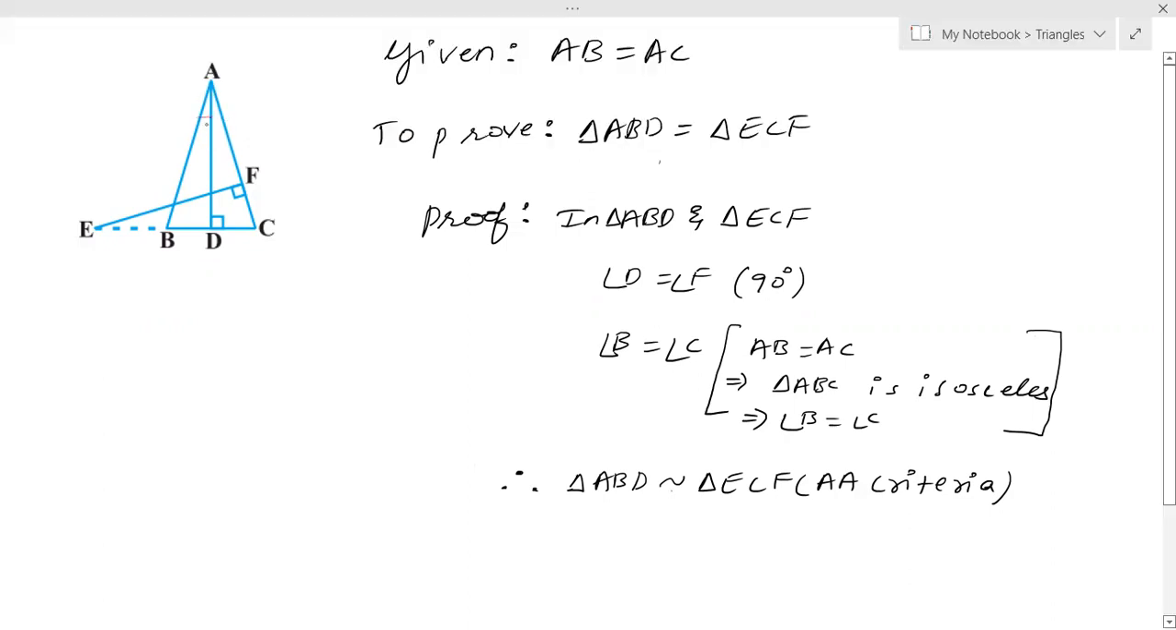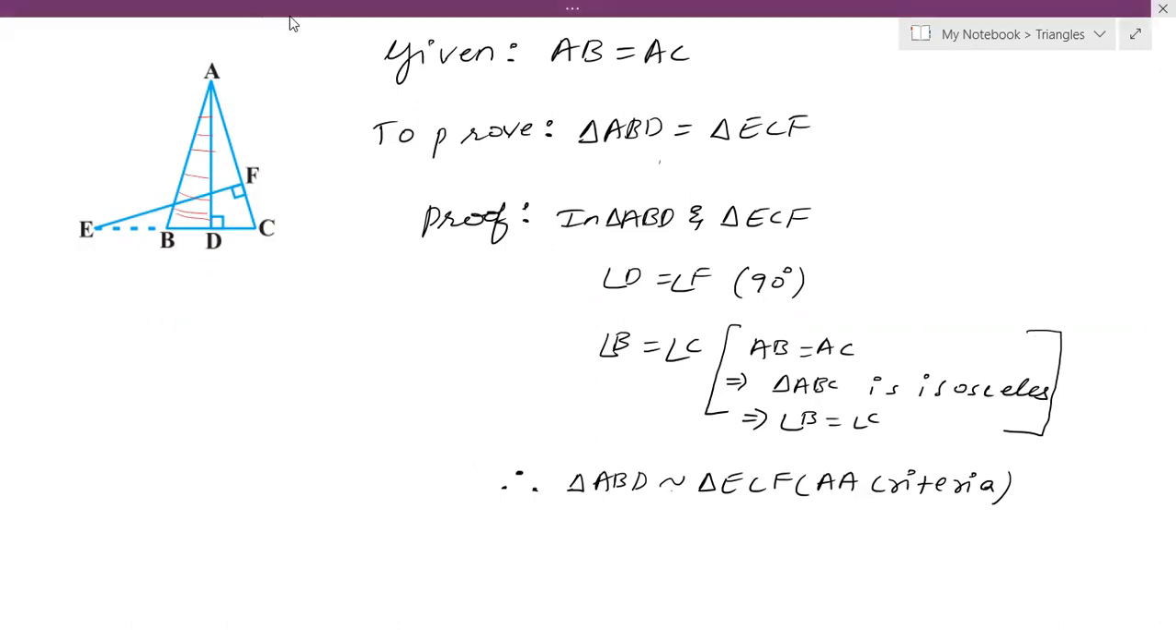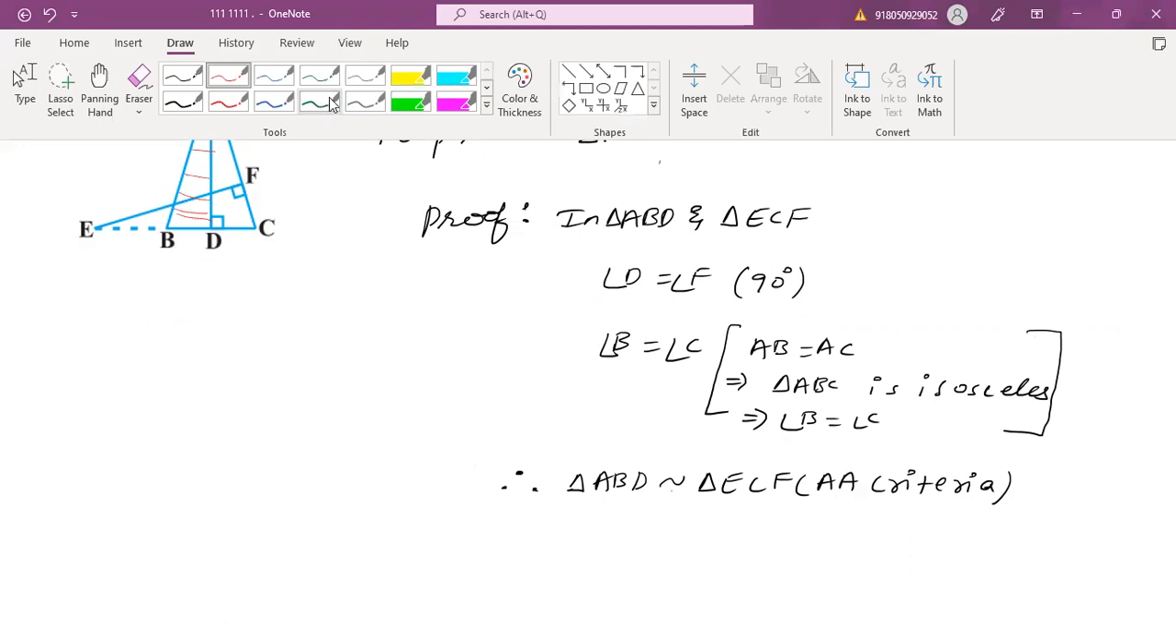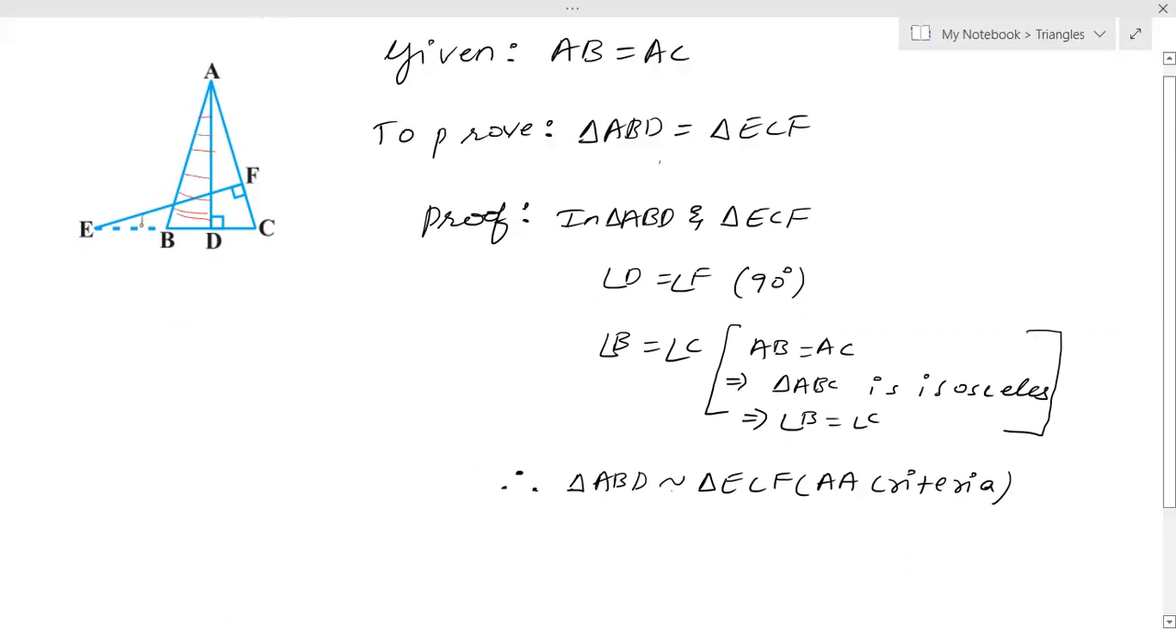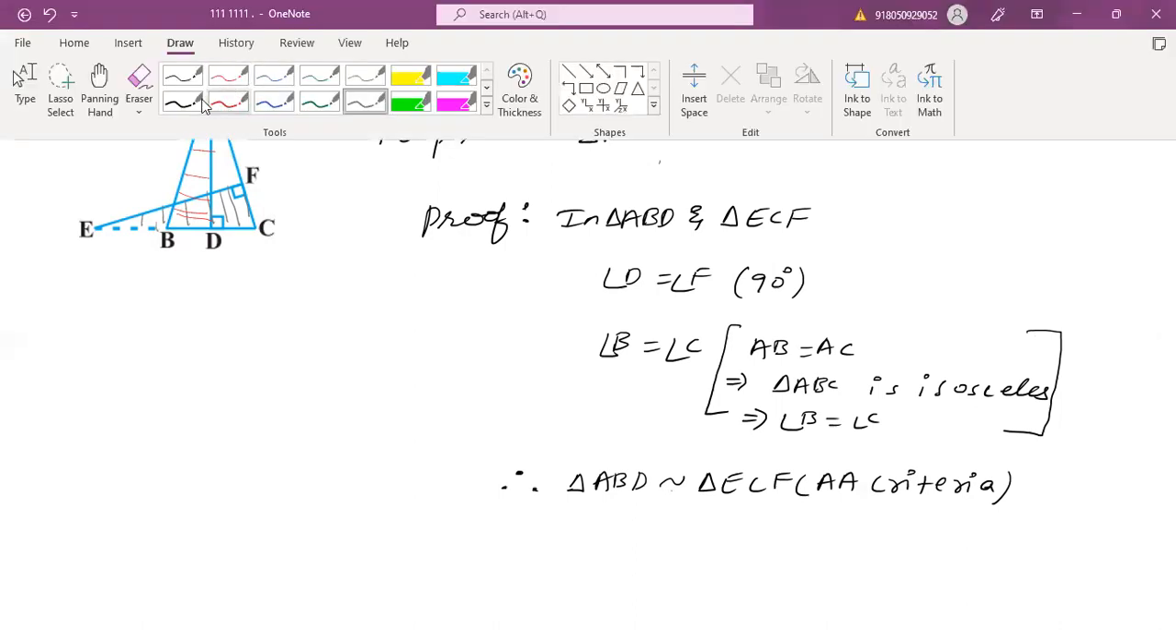So triangle ABD is this that I'm shading. Okay. This is triangle ABD. We have to prove this triangle ABD is similar to triangle ECF. Let's take ECF triangle, the one which I'm shading now. So we have to prove these two triangles are similar. Okay. Now, as I told you very clearly, if you want to prove two triangles are similar,